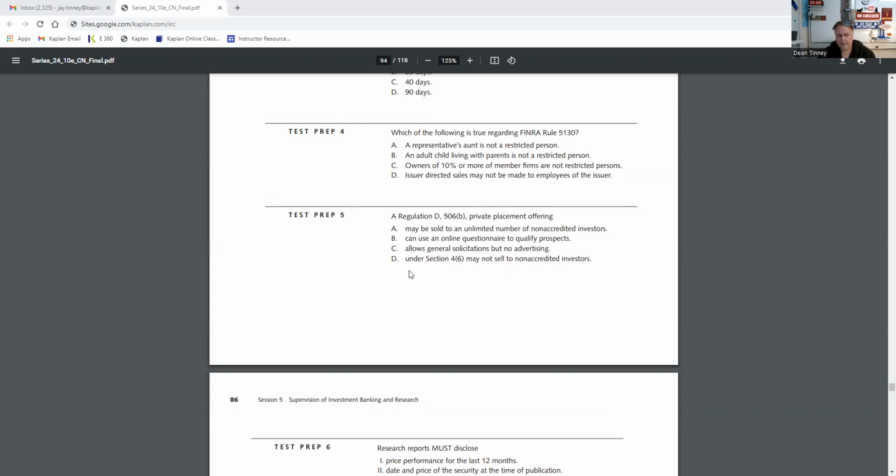Test prep 5, a private placement. There's 2 versions of Reg D. There's 506B, where I cannot solicit it, and I can have up to 35 non-accredited investors. And 506C, where I can solicit, and I can have no non-accredited investor. This is a 506B, and so the answer to 5 is